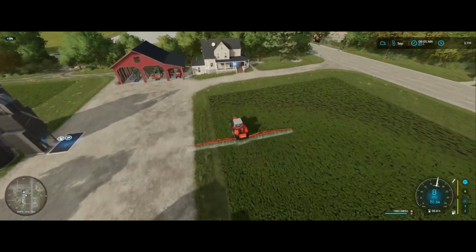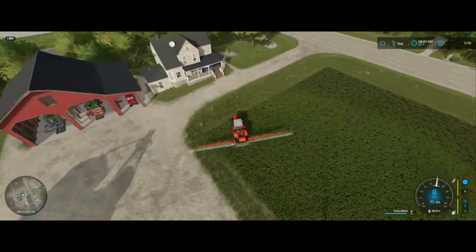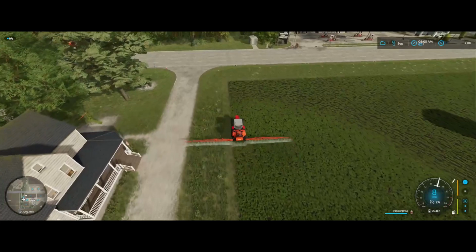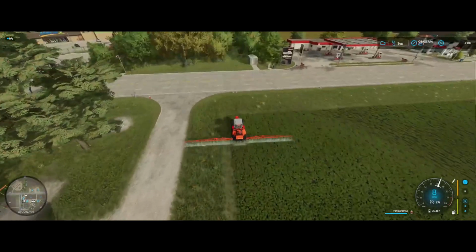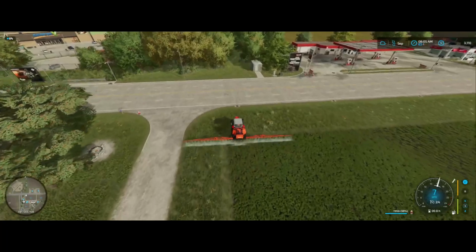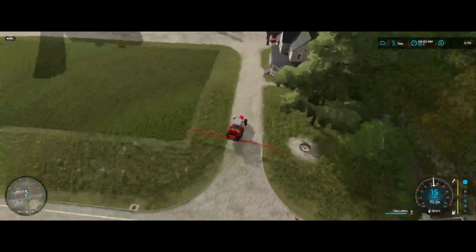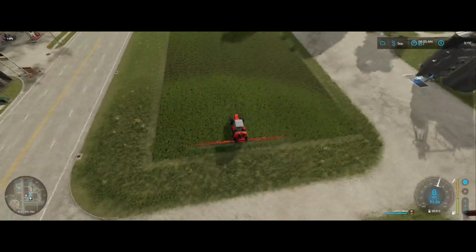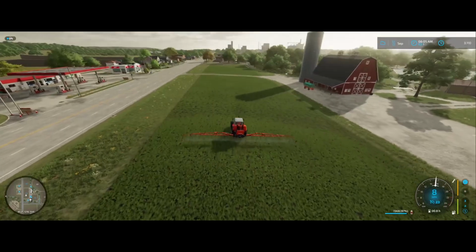Sometimes you get those options there. All right, I'm gonna go ahead and spray it this way on the far edge so we get all the weeds. And like I said, it's funny because if you miss just one or two little weeds on a really large field, the percentage is really low because it's such a big field that you're not gonna have much of a problem. But when you're in a smaller field like this and you have one or two weeds,